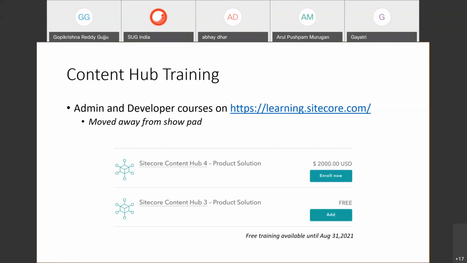They explain the Web client SDK and all the taxonomy. They start from the basics. It's very good training, I guess. Please go and watch. Previously, when we started last year, all these things were in Showpad, which was only for the partner portal, but later they moved to learningsitecode.com.